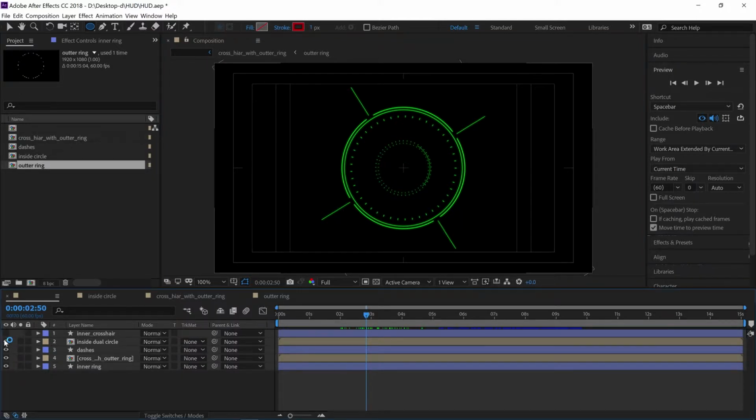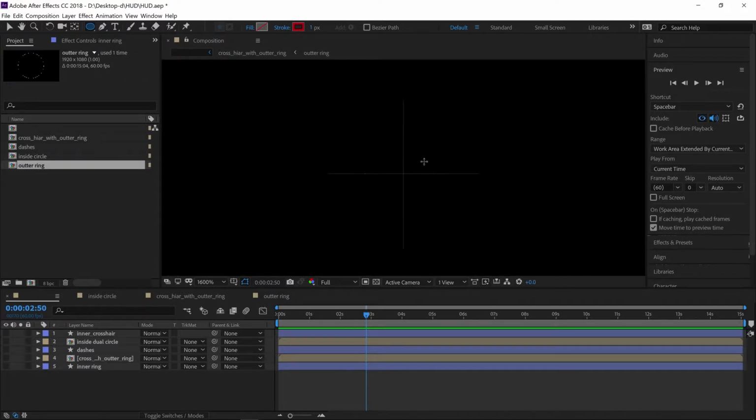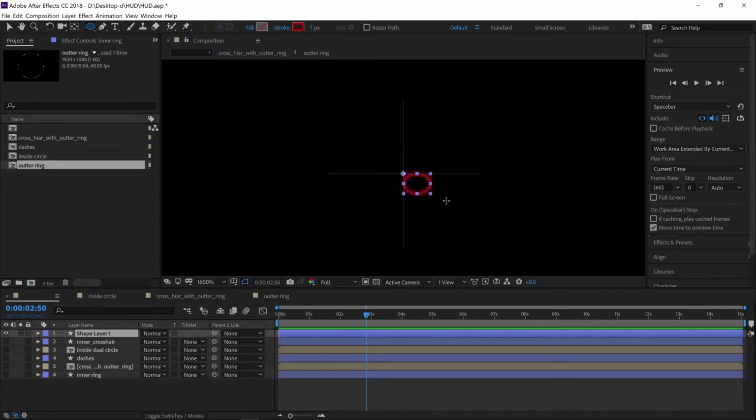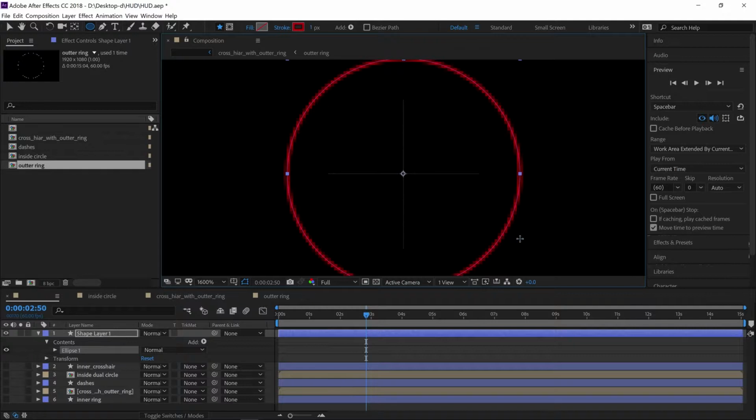Now to make a circle, you want to start off with a shape. So you go over here on this shape and you're going to select your ellipse. If you click and hold on to it, you can go down to the ellipse and it'll change it to the ellipse. And you start off by going down to the center right here, and you're going to start opening up. And you're going to hit control so it opens up on the center, and then shift to have that perfect